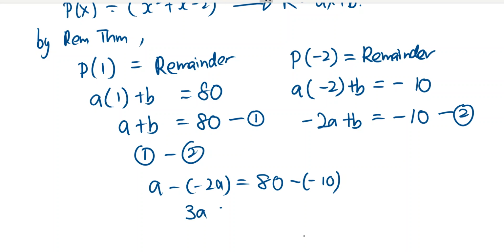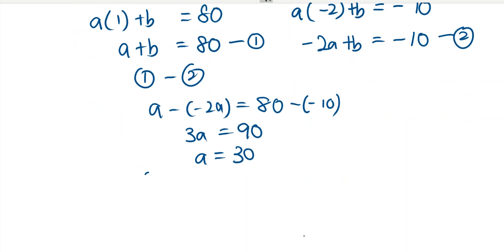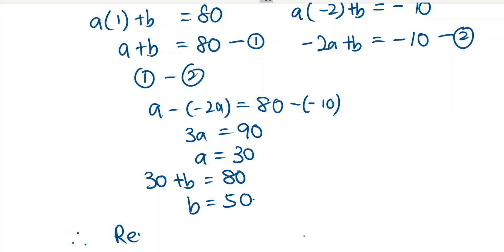So 3a equals 90, a equals 30. Now I put it back in: 30 plus b equals 80, b equals 50. Therefore the remainder is equal to